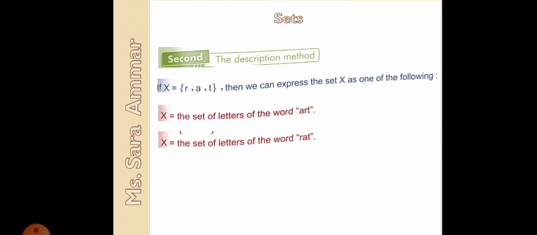Okay, so this is how to describe a set, or how to write it in description method. You describe what the elements look like inside of a set, then you form a word using these letters. Now, when you form the word, you can repeat, like we can say tort. So we can repeat letters here when you are forming the word.